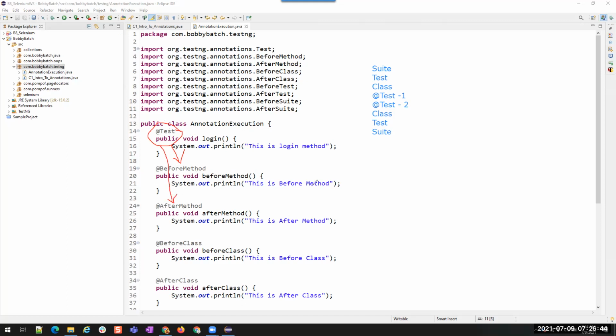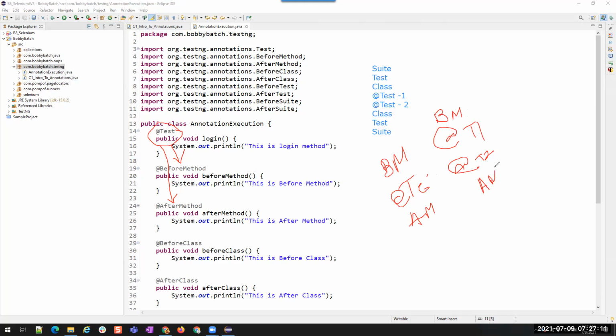Okay, so this is the order: before method, then the @Test annotation method, that is our test case, and then after method. But now we have two @Test methods. So will it be like this? Before method, @Test 1, and then @Test 2, and then after method?